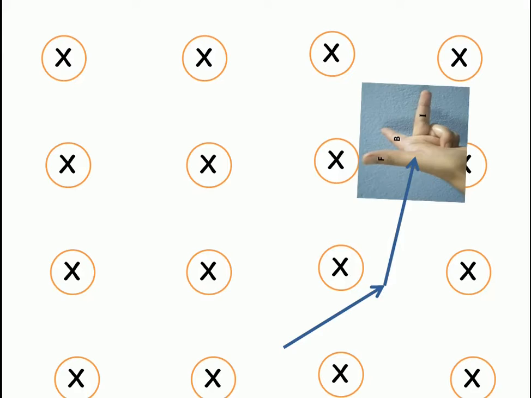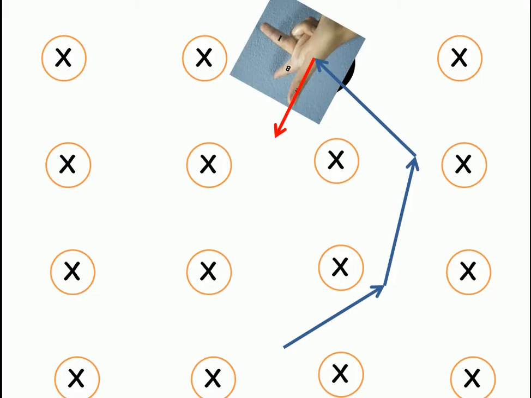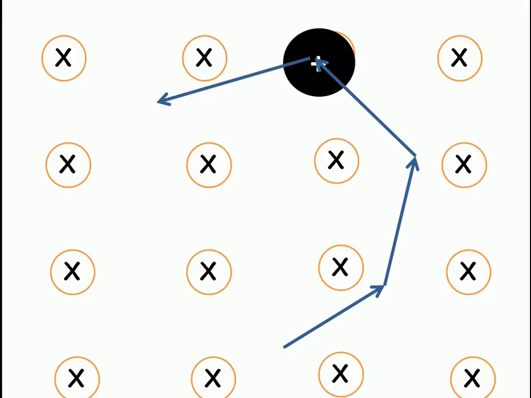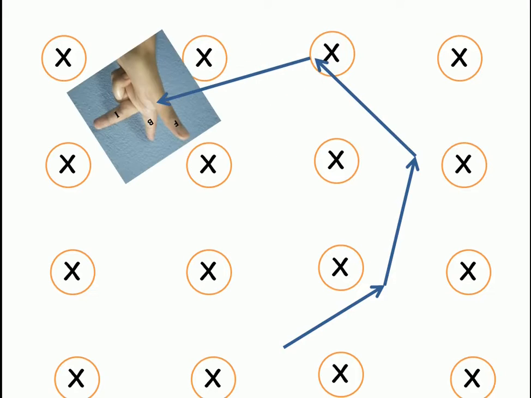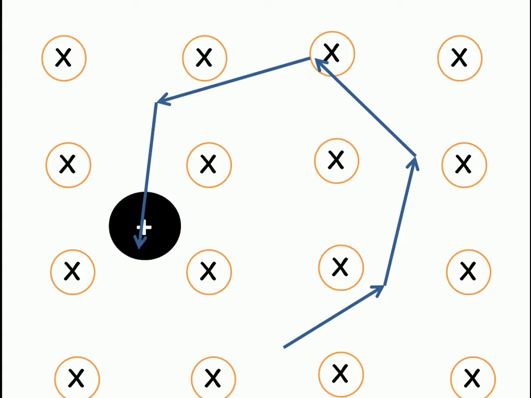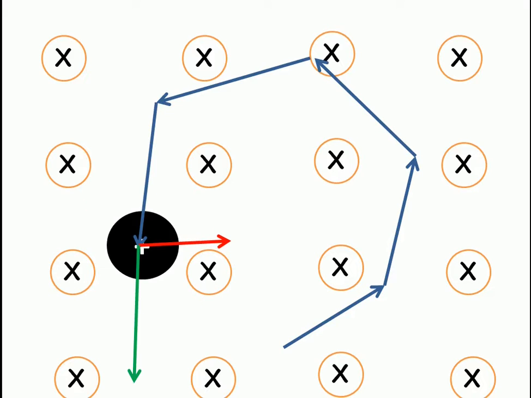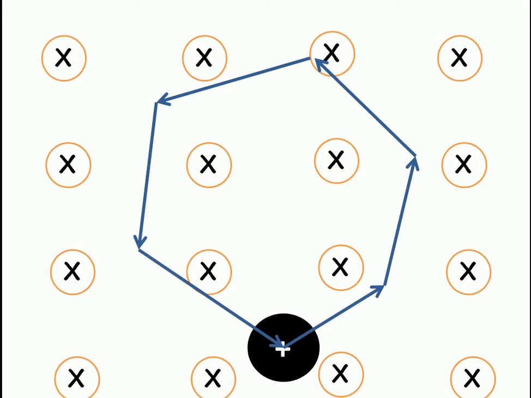So if I use the rule again and again, similarly, it will follow a circular path. Again, the same thing: force, current, resultant. Again I am using the rule. Current is going downward, so force is in this direction. Every time the magnetic field is towards the screen, so it will come back to the same position.